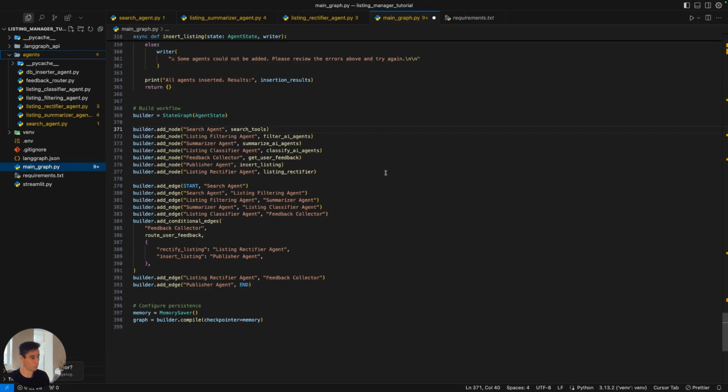The next thing that you have to do is to connect these nodes. So you have to decide what's the order of execution for the nodes. So this is done using the add edge function. And here you are just saying, when we start, we go to the search agent. After the search agent, we go to the listing filtering agent. After the listing filtering agent, we go to the summarizer agent, and so on. The interesting part here is this add conditional edge function, that is useful when you are in a node and you are not sure what will be the next node,